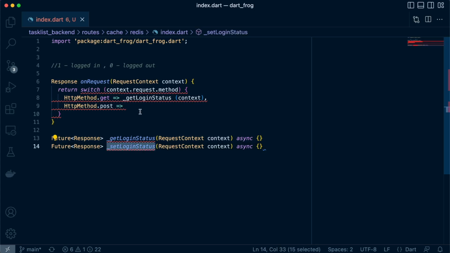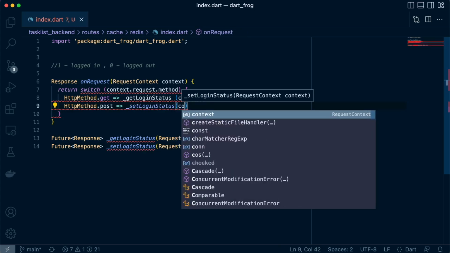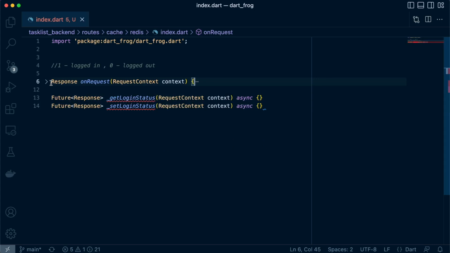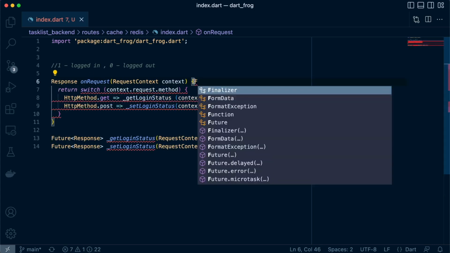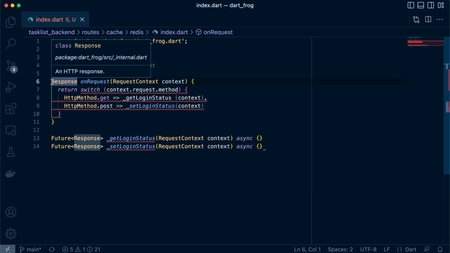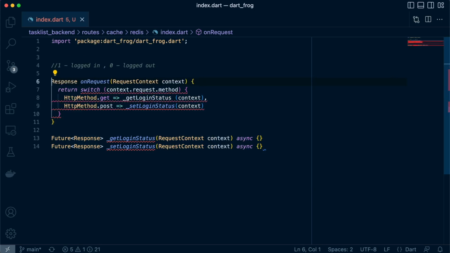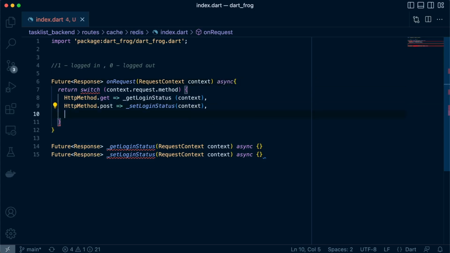Copy this, pass it here, passing the parameter context. Let's change our future to response to future. Add in async, and then add in our default case